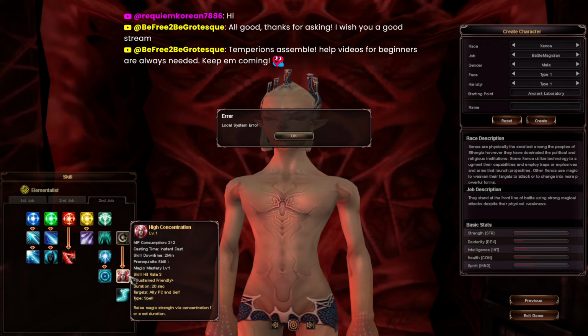High concentration. I thought this one would increase skill crit rate. Raise magic strength via concentration for a set duration. I could have sworn this, well, it does say right there, skill hit rate 3%. So this does increase your skill critical chance, and I believe you cannot target friendlies with it. Yeah, I think it's self only. I don't think I've ever seen this on another player, so